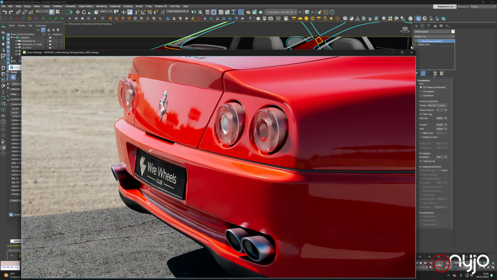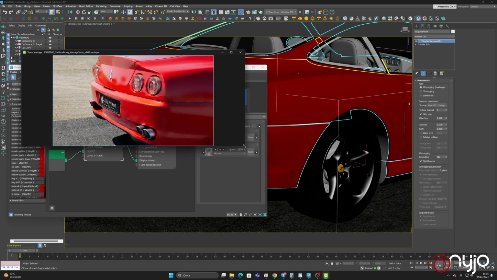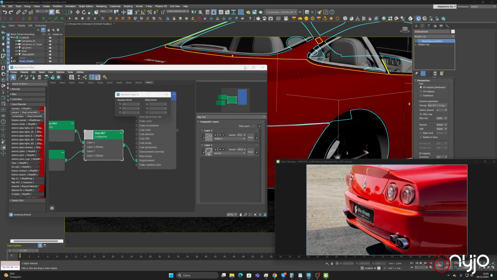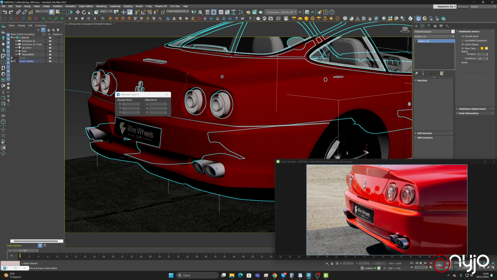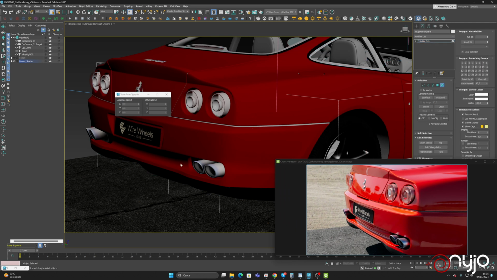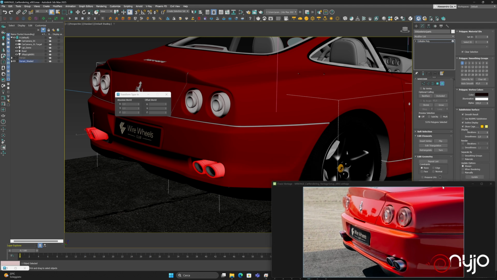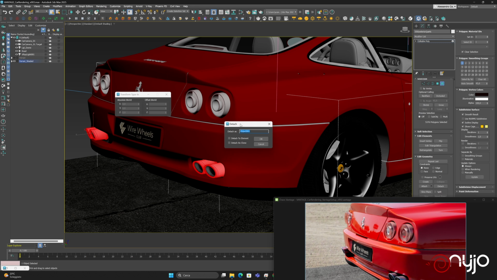So let's go to scale it down. So I think here we have the same problem because the exhaust has a different material, so the touch,